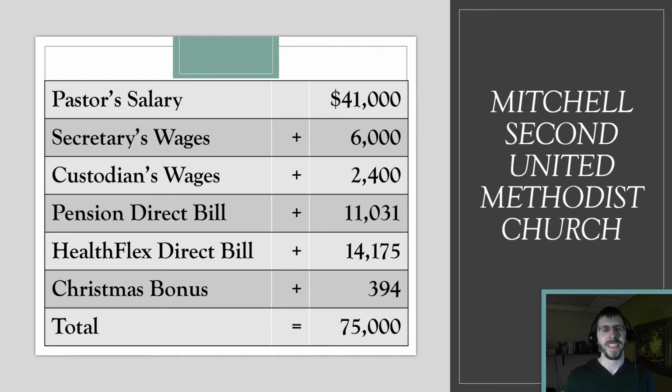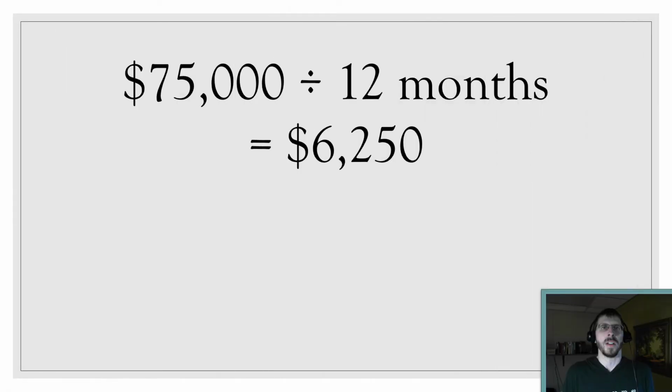So that's how you add that up. You look through everything. I had no cash housing allowance, so that didn't apply. I didn't pay any other benefits to my secretary or custodian. I didn't have any other positions. That's all it was. So you take that total of 75,000, divide it by 12 months, and that gives you your average monthly payroll of 6,250. So 75,000 divided by 12,